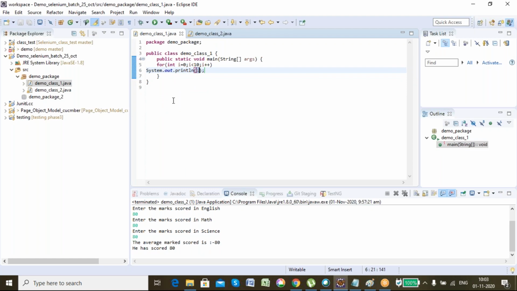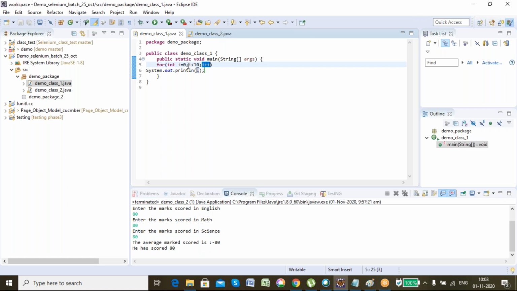So this is the for loop. So what does this for loop do? You need to understand step by step what I'm writing inside the for loop. Inside the for loop, what I'm writing is for int i is equal to 0, i less than 10, i plus plus. These three are three different logical lines of code.